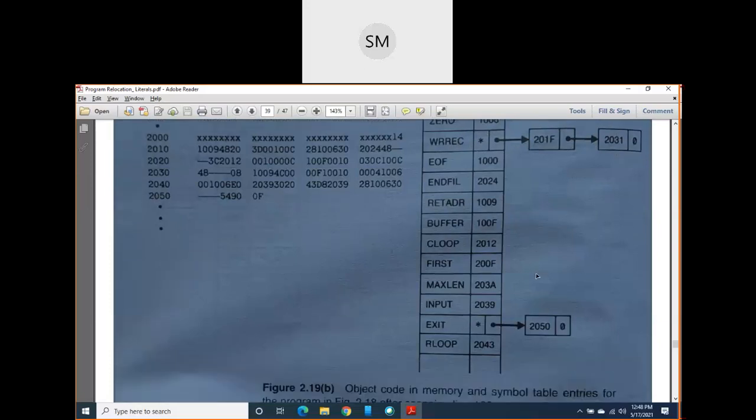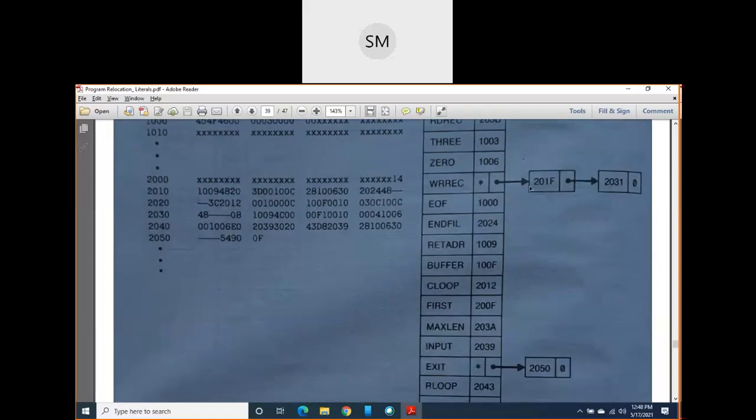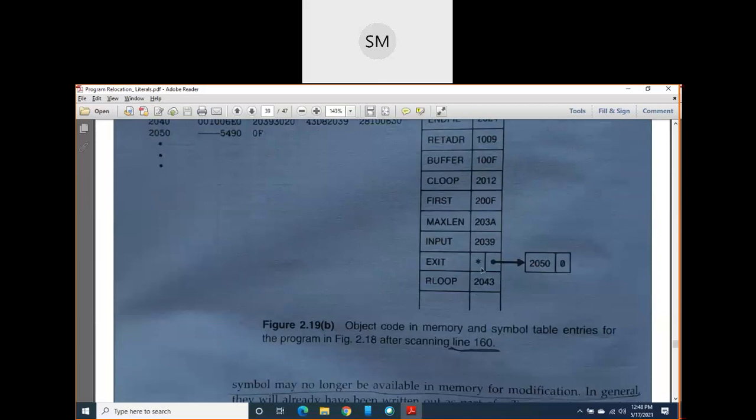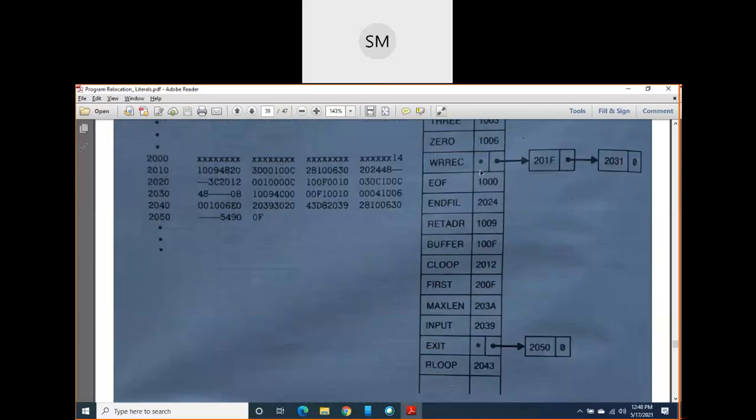Somewhere you will remove this exit as undefined. It means in your program somewhere you will get the definition of exit, then you will remove this forward reference. So like this you have to remove all these forward references. It means you should remove these stars in this value column. Why have they written exit as unmarked here?